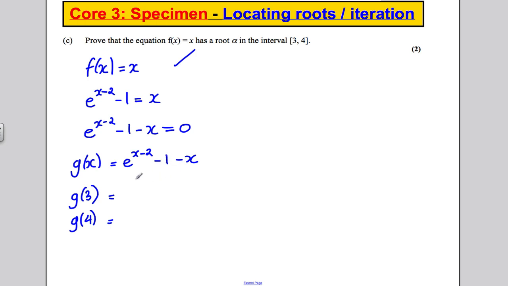So I want to work out e to the power of x minus 2, subtract 1, subtract x at 3. If I do that, I get g of 3 is negative 1.28. If I do that for 4, I get 2.39. I can say therefore, change of sign,